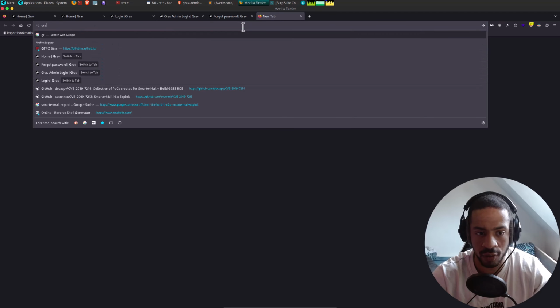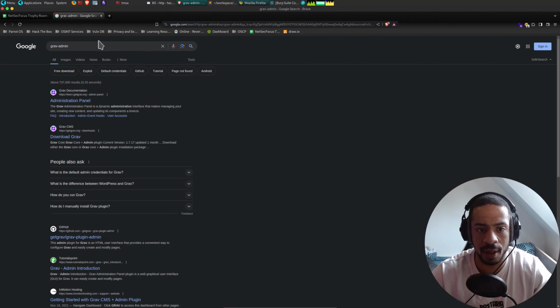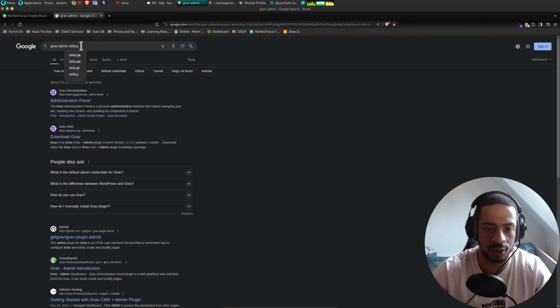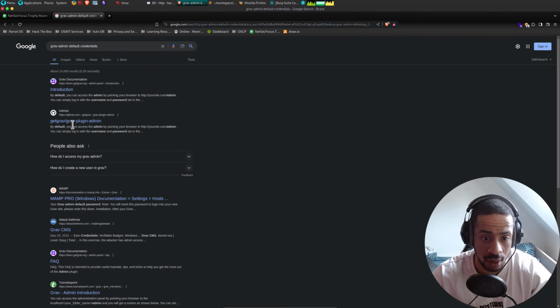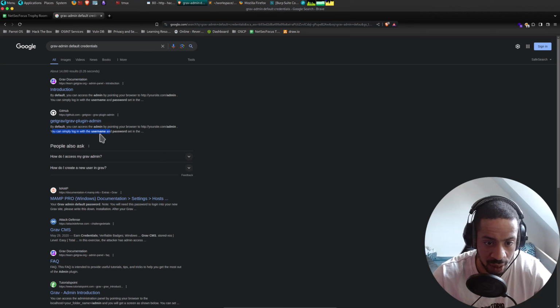Let's try and look for Grav default credentials. You can access the admin by pointing the browser to your... You can simply log in with username and password.